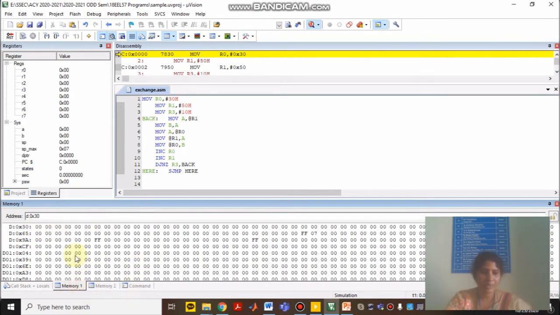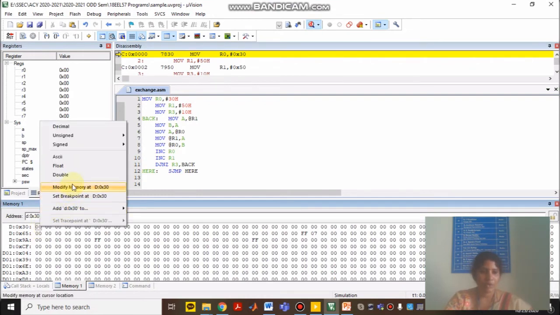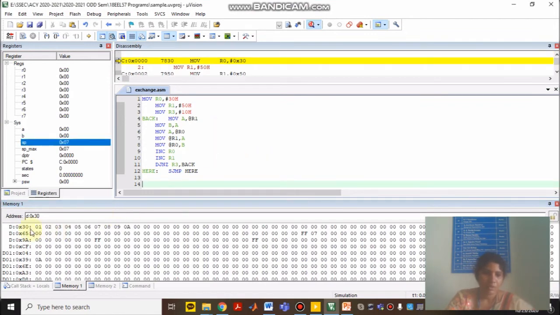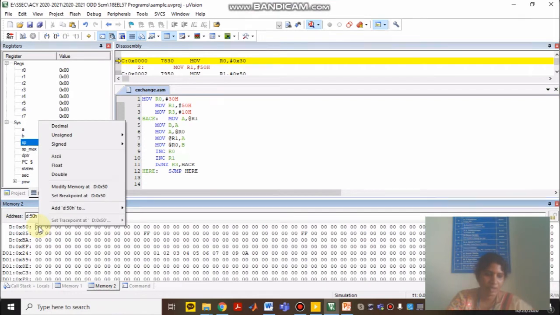Now I will give 10 data in the 30th location and 10 data in the 50th location. Right click, modify memory at memory. So here I will give 1, 2, 3, 4, 5, 6, 7, 8, 9, 10. Okay. So give OK. 10 data has been loaded. In memory two, in the 50th location also, you give some data.